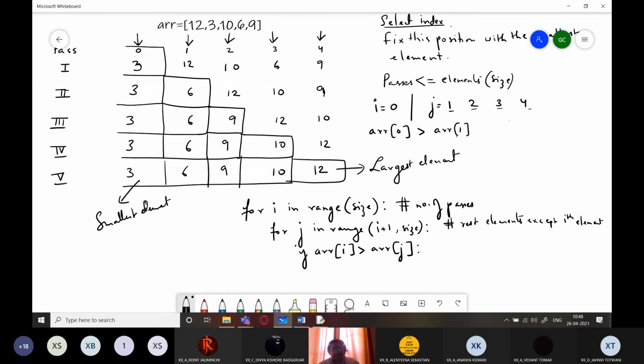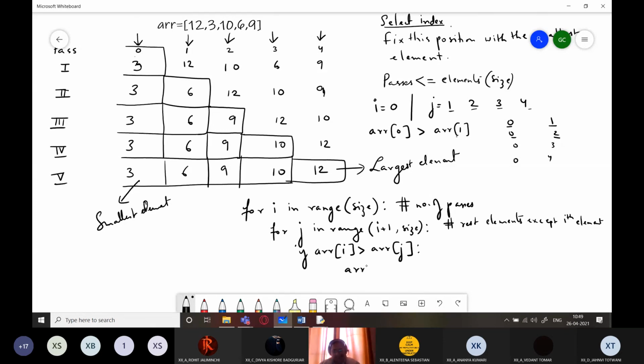So it will be like this: 0 and 1, 0, 2, 0, 3, 0, 4. So ARR 0 will be compared with ARR 1. Is ARR 0 greater than ARR 1? If yes, then swap them. Is ARR 0 greater than ARR 2? If yes, swap them. So we'll go on swapping them if this condition is satisfied.